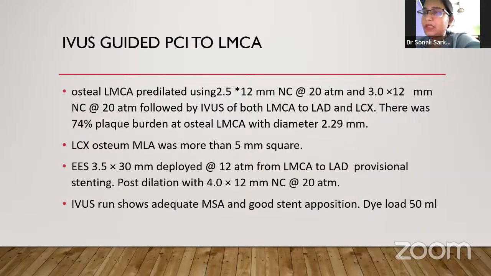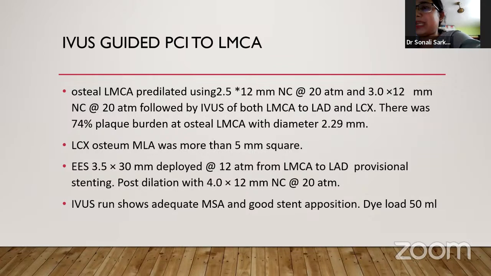We staged the procedure. After 2 days, we again brought him back for a staged PTCA to the left main. Here, before going in with the IVUS catheter, we felt that we should predilate the left main ostium because already his ejection fraction was compromised, and if there was any further vasospasm or decreased flow in the left system, the patient may not tolerate it. So we pre-dilated the ostium of the left main with a 2.5 into 12 millimeter NC before taking the IVUS catheter,